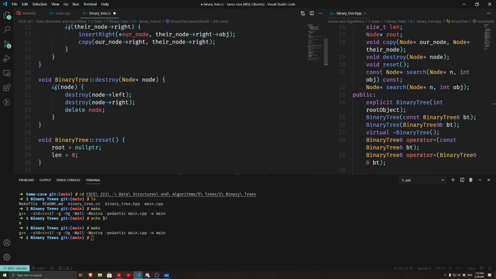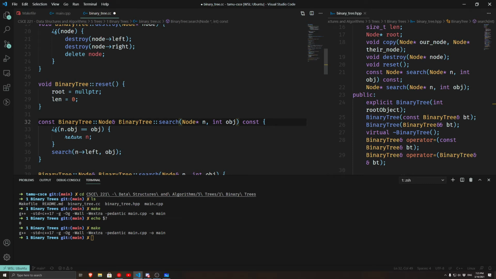Speaking of, did we go up there and change them? We did. And if we return a pointer, otherwise it's about the same. N is a pointer, so we can just return it, and it'd be n arrow object. And compare them. Otherwise, check n's left and check n's right. And if none of them have it, in other words, if we've never returned, then